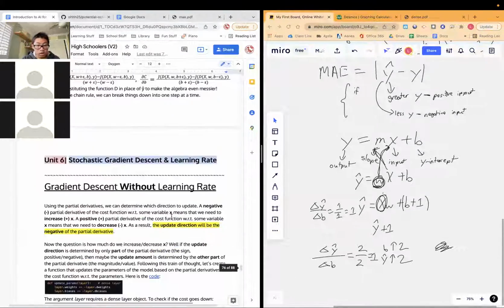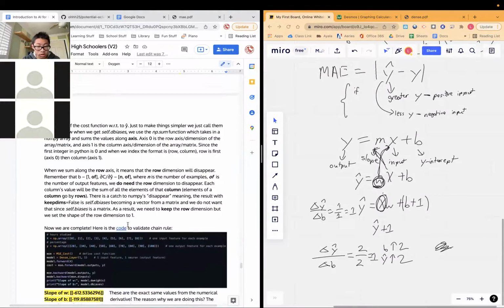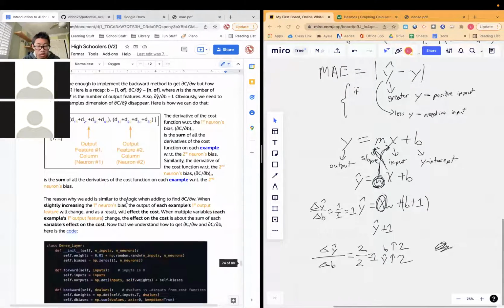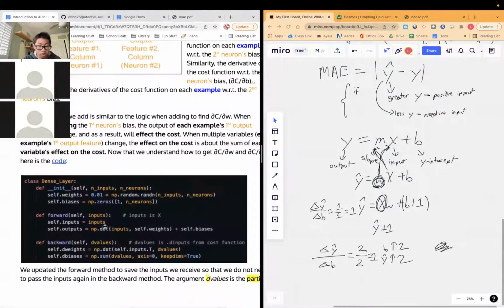Now that that's done, here is the code. The code for this